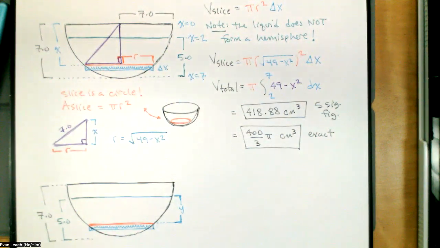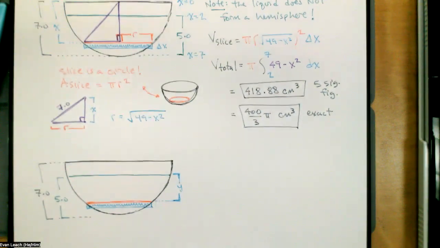So what we're going to do is set up a variable density for this liquid, where the density at the surface will be, let's say, 1, and it will increase to 1.5 at the bottom. So we'll have a variable density that increases as you get deeper. So maybe there's some stuff in here and it's settling out, making the liquid denser at the bottom. I don't know. I'm not a chemist, nor am I a physicist. I just want the density to be variable up and down. So let's suppose that the density